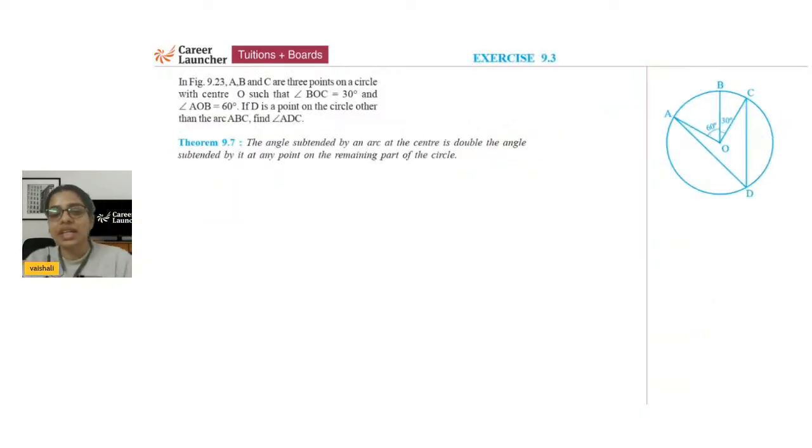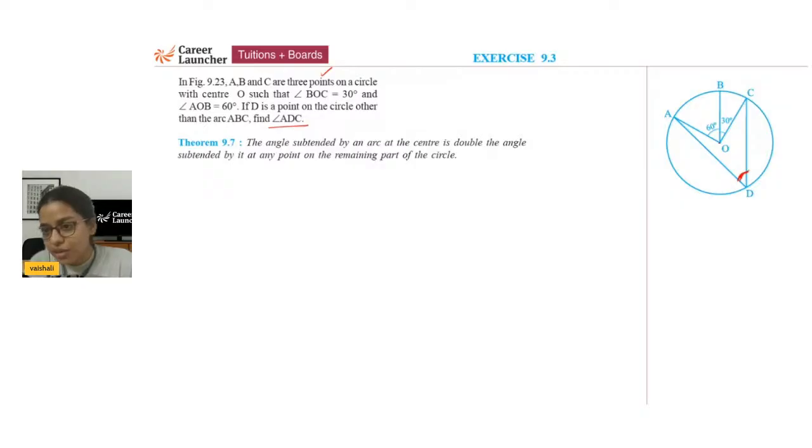Now let's look at exercise 9.3. There is a figure that is given to you. A, B, C are the 3 points on the circle with center O. And the angles BOC and AOB are given to you, which are 30 and 60 degrees respectively. Now there is another point D which is on the circle other than the arc ABC. So we need to find the angle